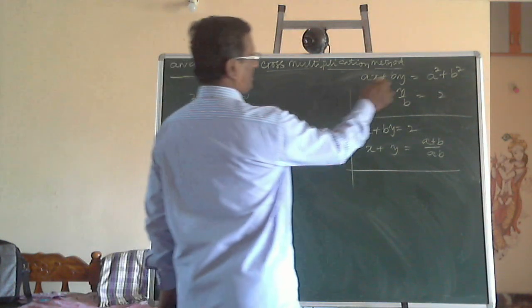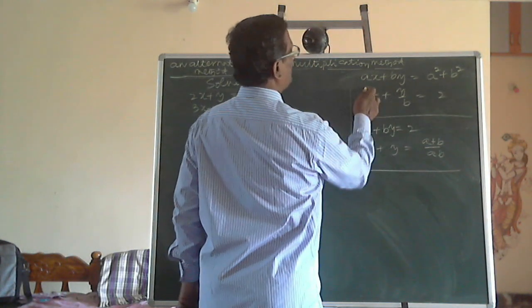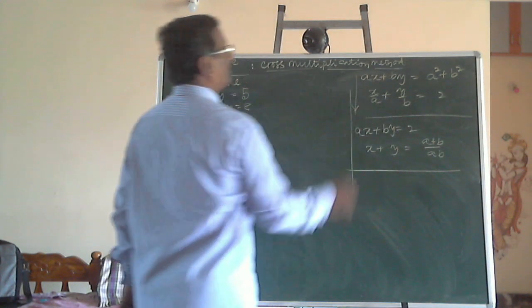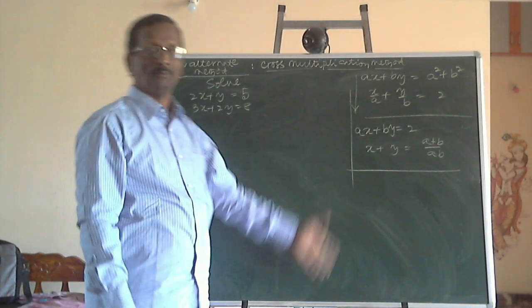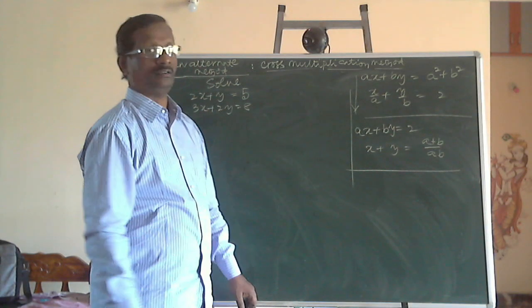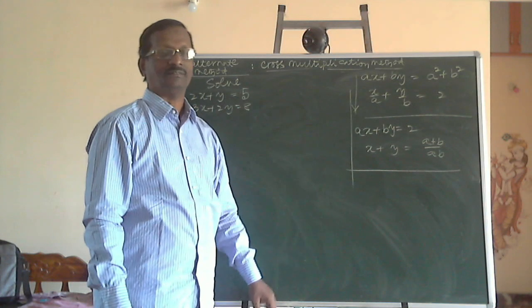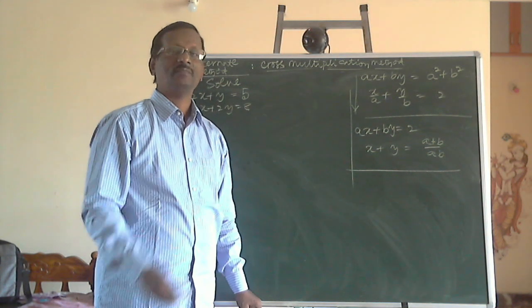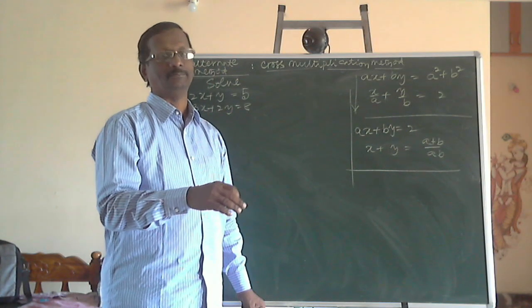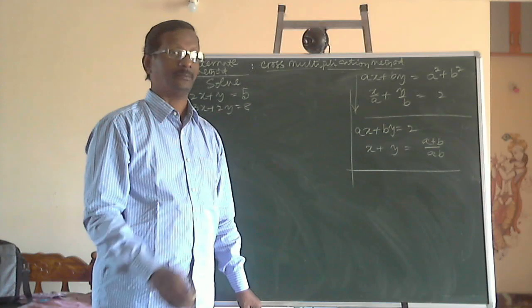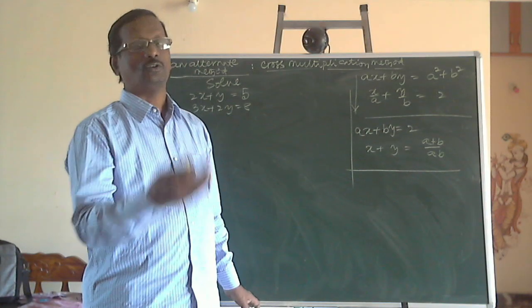Suppose ax plus by is equal to a square plus b square, x by a plus y by b is equal to 2. Such questions, when you use the method, you need to do more steps, but when you pay concentration and attention, you will get the answer very easily, because such questions have the answer x is equal to a, y is equal to b. Sometimes x is equal to 1 by a, y is equal to 1 by b. Sometimes x is equal to a square, y is equal to b square.